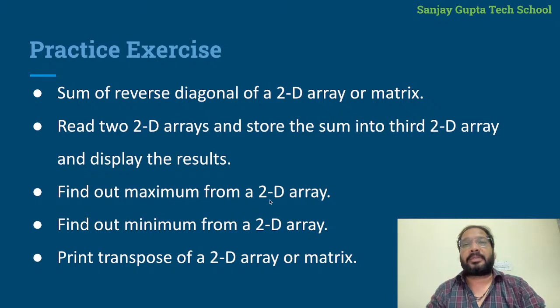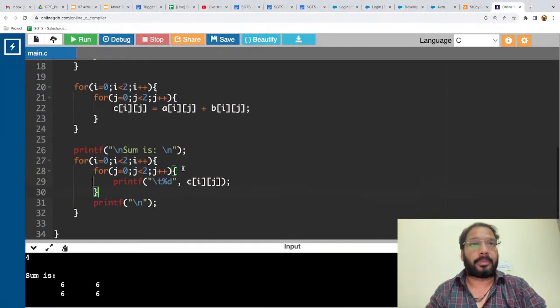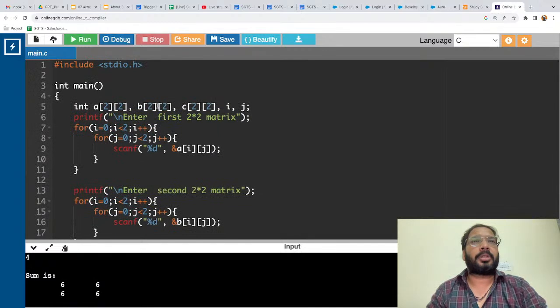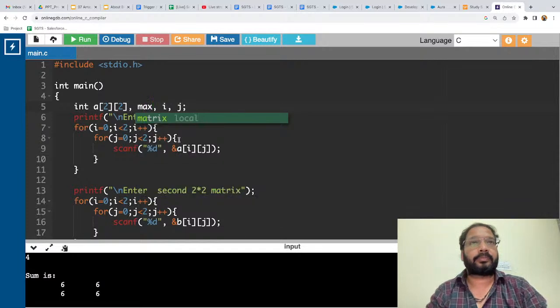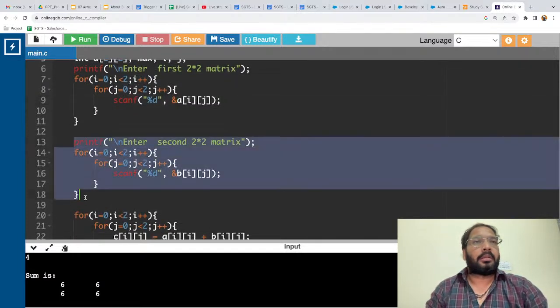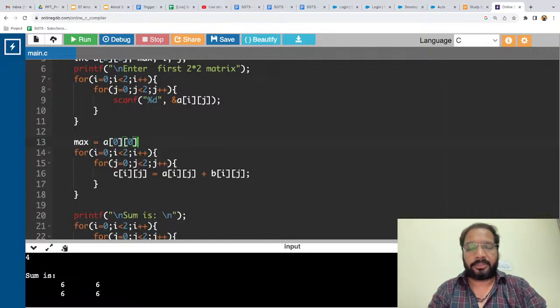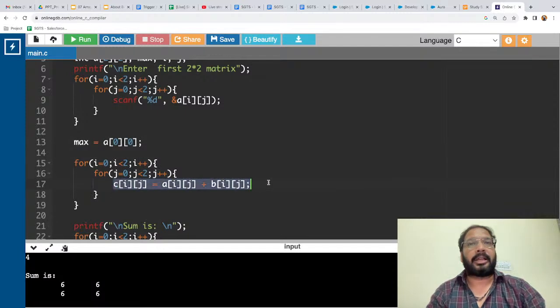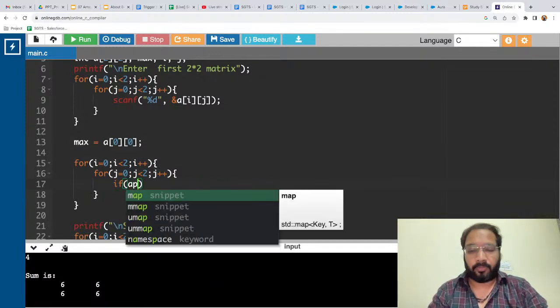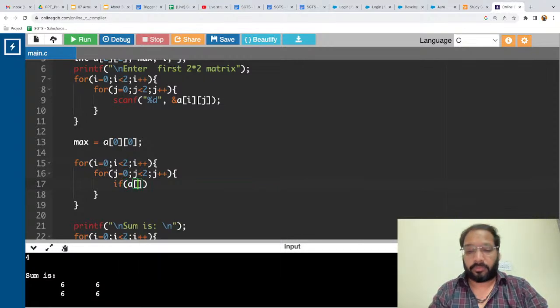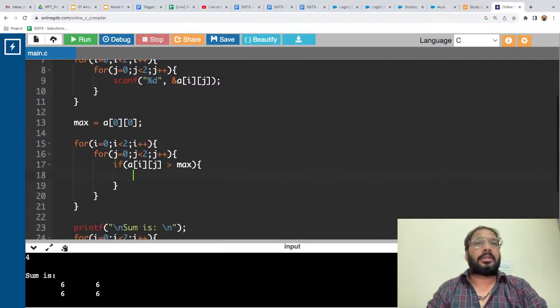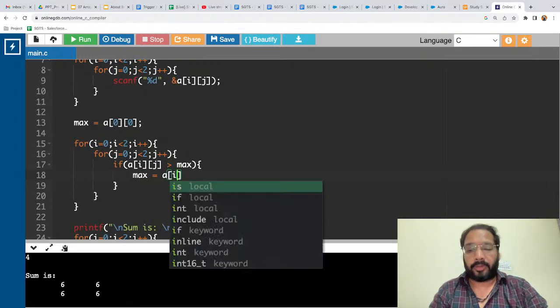Then we have find out maximum from a 2D array, so it is also simple and straightforward. What I'm going to do here is create one variable as max. Here we need to assign max equals a00, so the first element will be assigned into this, and then we can write if a of ij is greater than max, then max will be equal to a of ij,